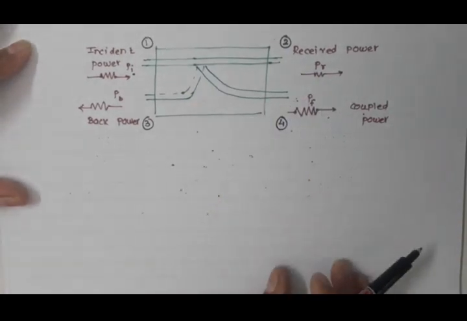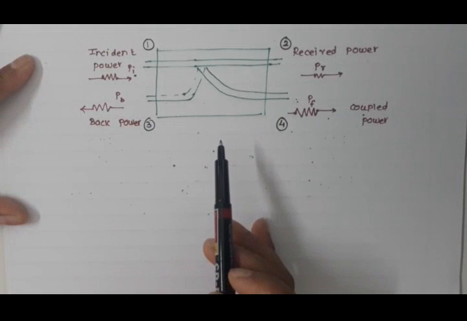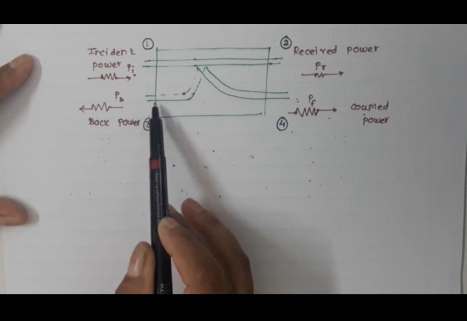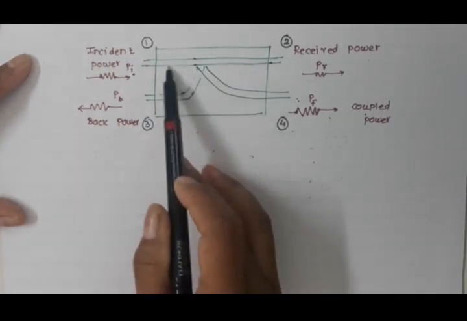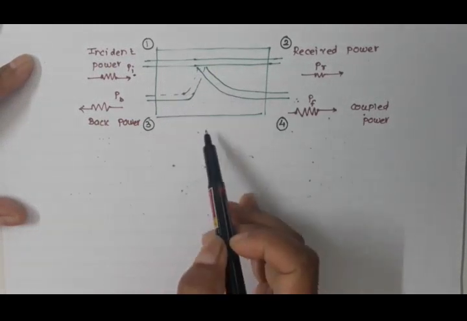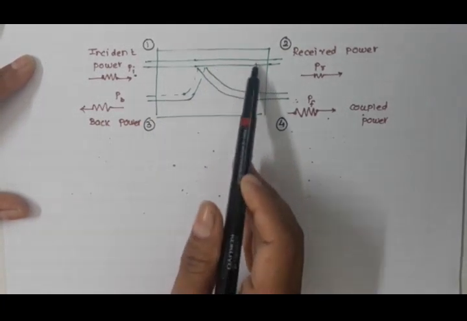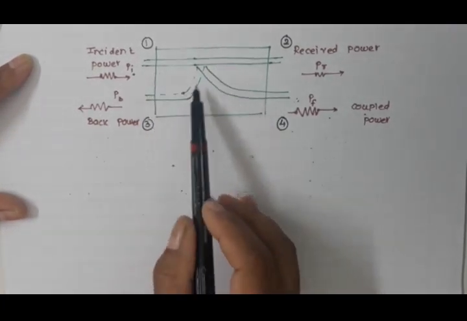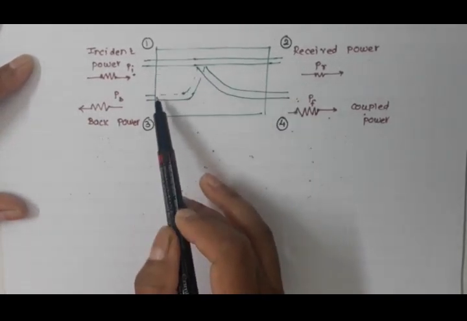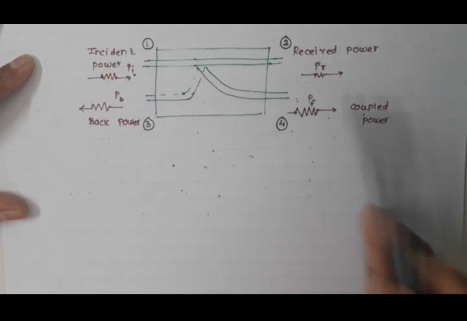Okay. A portion of power incident on port number 3 is coupled to port number 2 but not to port number 1. So if you are giving power to port number 3, it will be coupled to port number 2 but not to port number 1. So these two should be in isolation. Then a portion of that power will be incident on the other port here, but these two will always be in isolation. Okay. So also ports 1 and 3 are decoupled, as well as 2 and 4 will be decoupled.